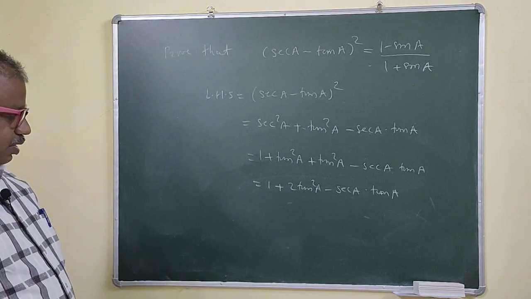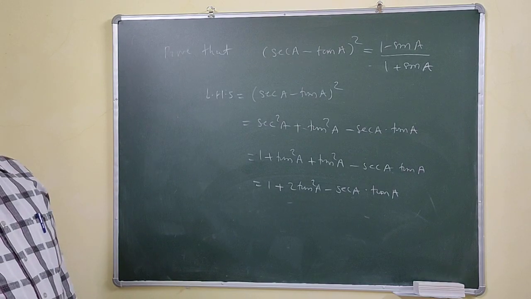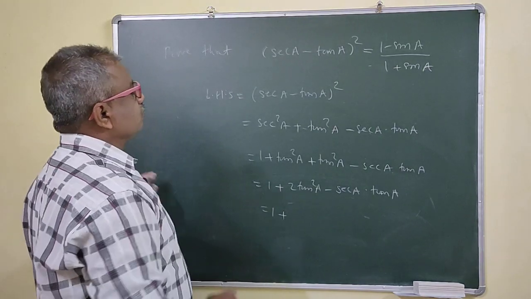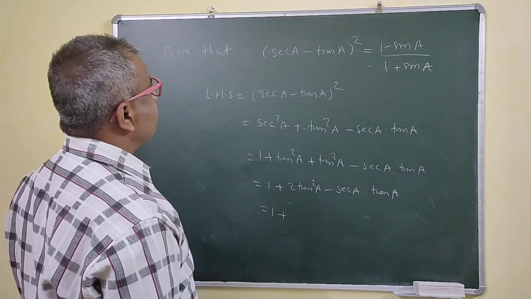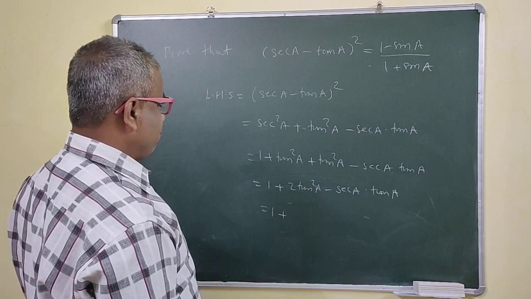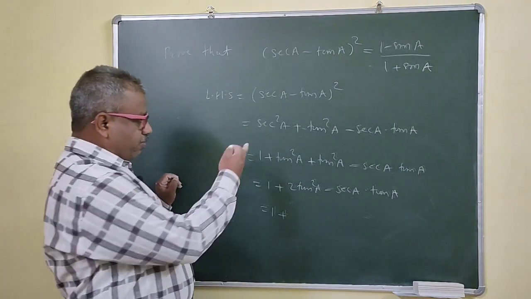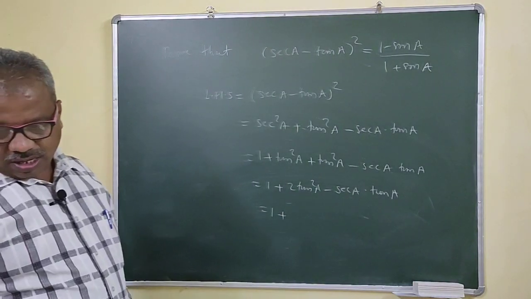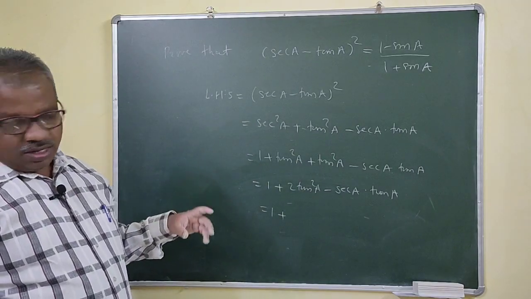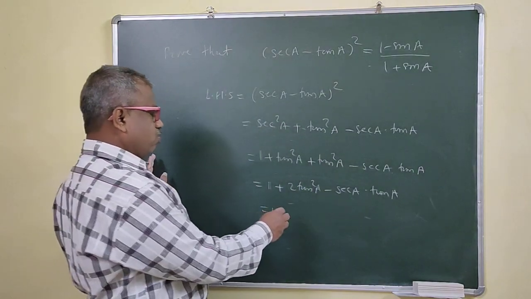Right? So now we'll express this in terms of sin and cos now, because your RHS is only sin and cos, right? That means we will express this in terms of sin and cos. So for trigonometry, if you apply your fundamental skill, then the problem will be easy, right? Just expand this one this way. Now see, we will solve this one, no problem.